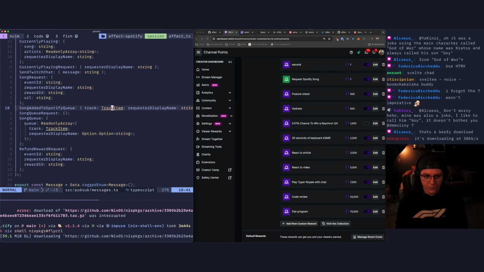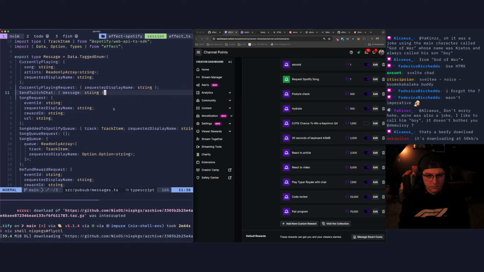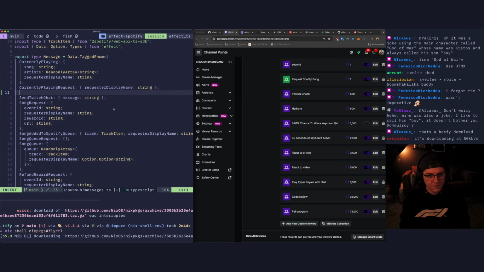Keyboard raffle. So we'll come in here and we'll say keyboard raffle request. And this will have a requester display name. Should be a string.